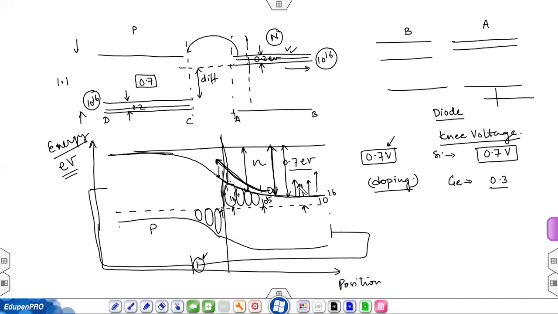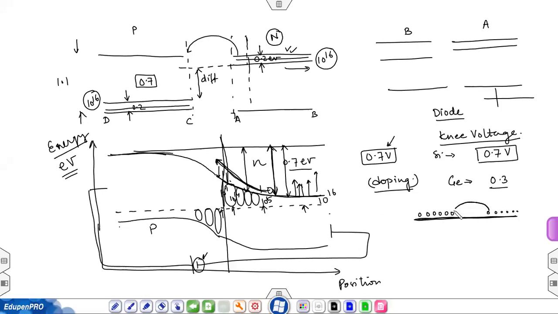Till 0.7, you will have a very small amount of current. Why? Because there is still a barrier. What do you think happens after 0.7? A large increase in movement. Why? Because this band will become flat. Now this n-type has a large number of electrons, and the p-type has a large number of empty states in the conduction band. क्योंकि p-type का तो conduction band पूरा का पूरा खाली है.